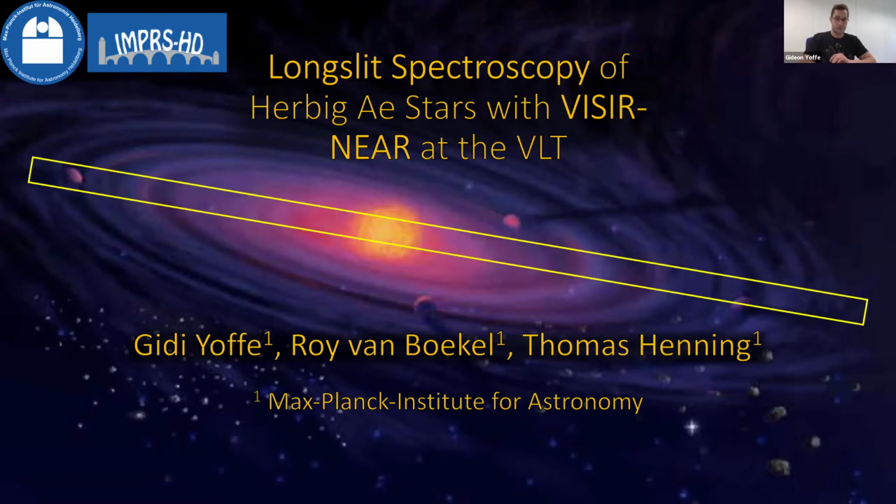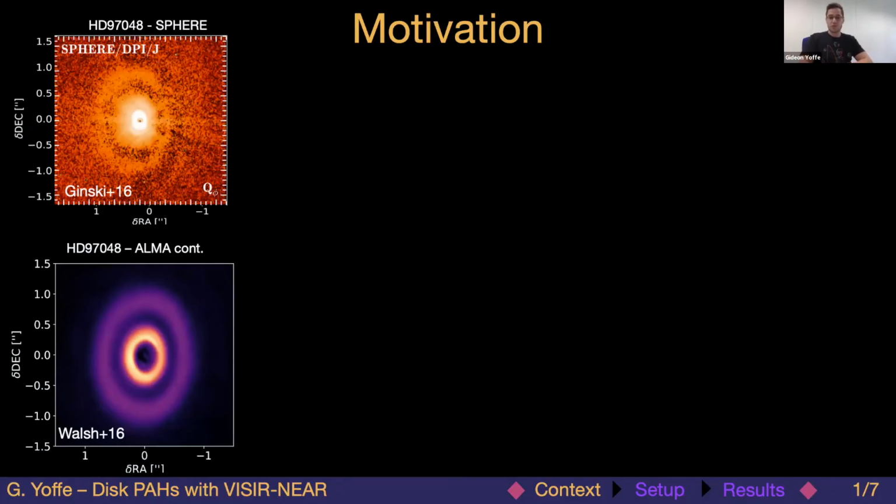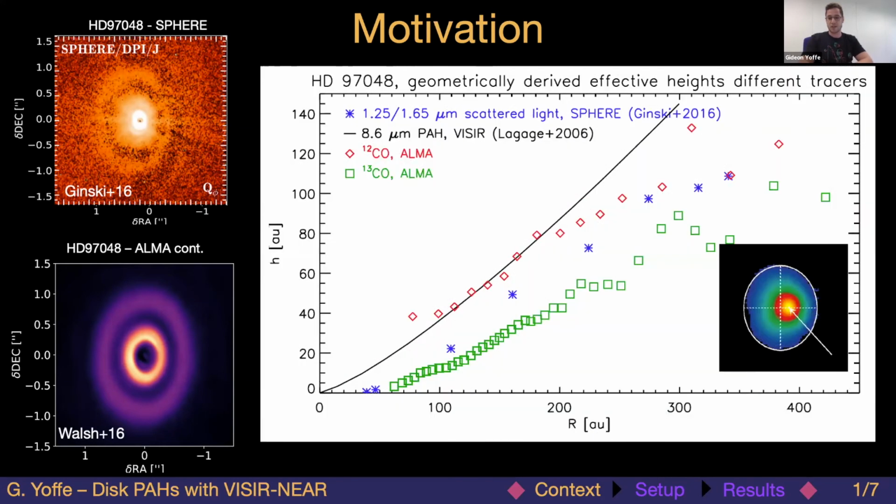The ability to spatially resolve protoplanetary disks has recently changed dramatically, particularly in the last decades. Nowadays, observations with, for example, ALMA or SPHERE provide a wealth of detail and trace different vertical layers of the disk, with scattered light observations tracing the disk surface and millimeter continuum observations tracing regions near the disk midplane, and so on. In this plot, the x-axis is the radial distance from the star, and the y-axis is the disk